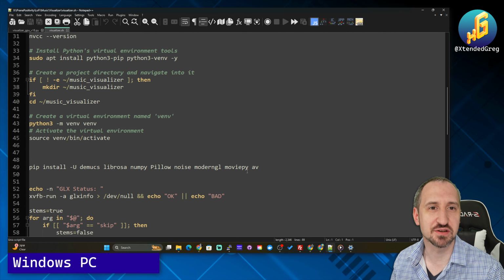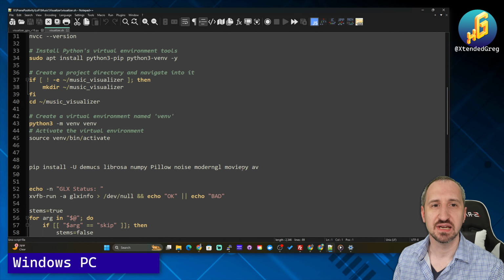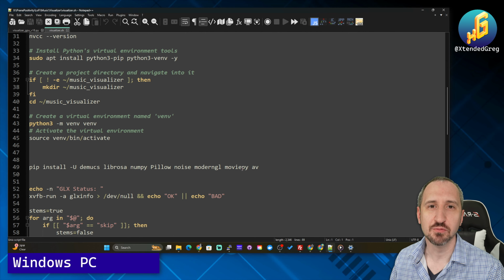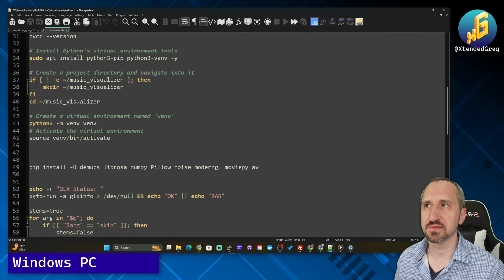MoviePy, which is what's being used to actually assemble the output. So pretty much you input an MP3 and it will output an MP4 with the visualization. And then PyAV to also help with some of the visualizations as well. Now, to actually run all of this, I'm using